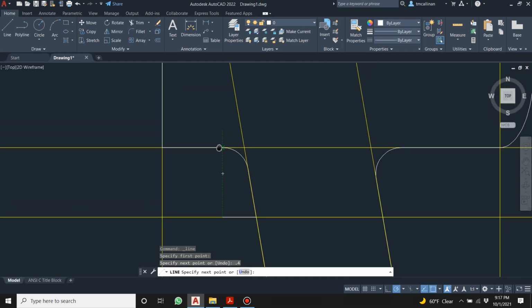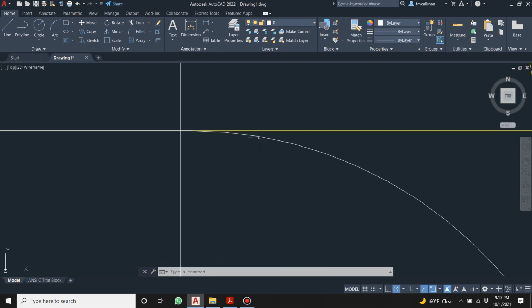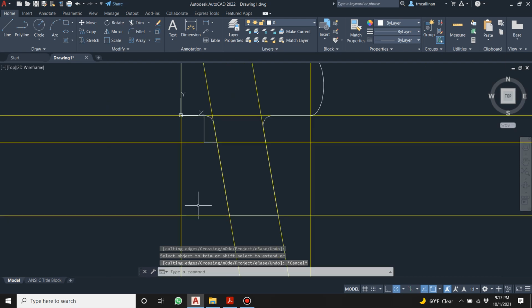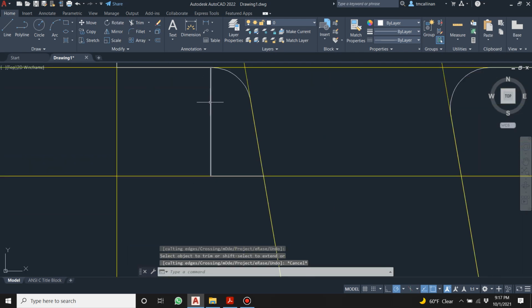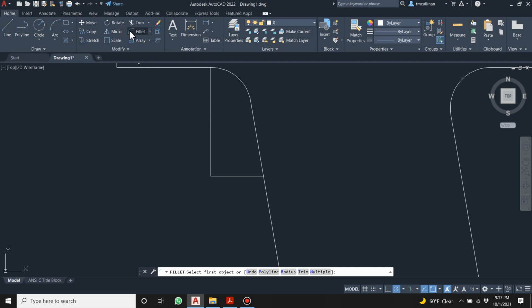What I'm going to do in this example is I'm just going to bring it up straight. I'm going to bypass, because it wants to interfere with that tangent point, which is very, very close. I just drive it up past it, and I'll just trim it. The main thing is that it's 90 degrees. Now there's a little radius of 0.1 on here, so I'll go R for radius 0.1,